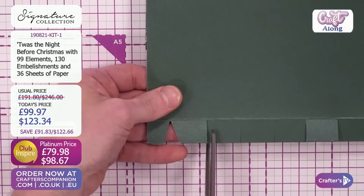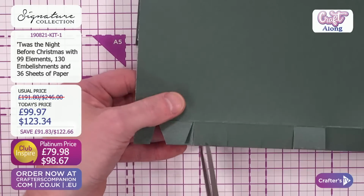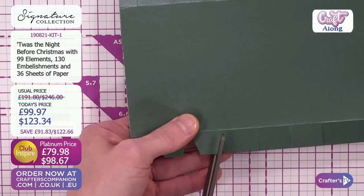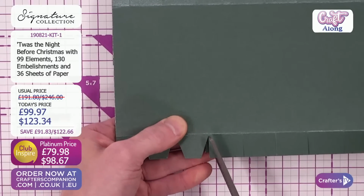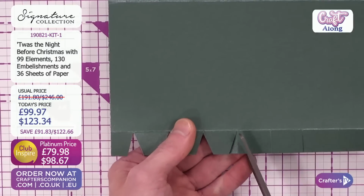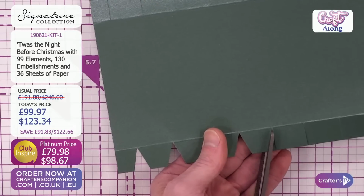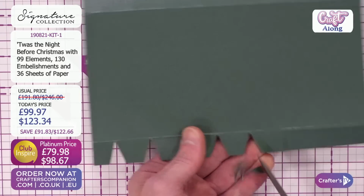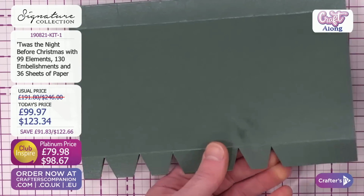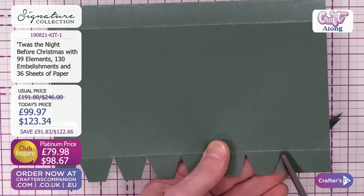So then what we can do is, where we've got that next scissor snip, from the pencil line to the pencil line, we're going to cut up. And then we're going to do the same, pencil line to pencil line. So pencil line up to the pencil line, up. So we are getting these little triangles all the way up. So following and continuing, so that we end up with all of these, which are half